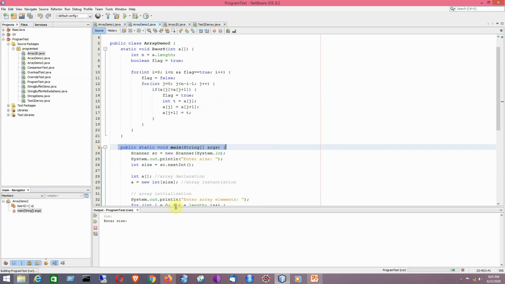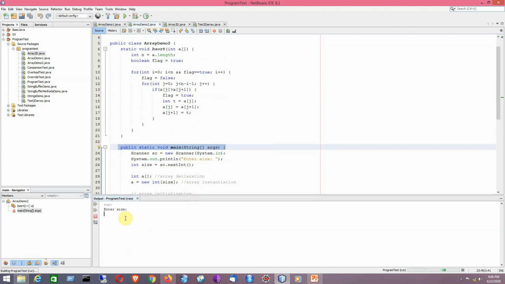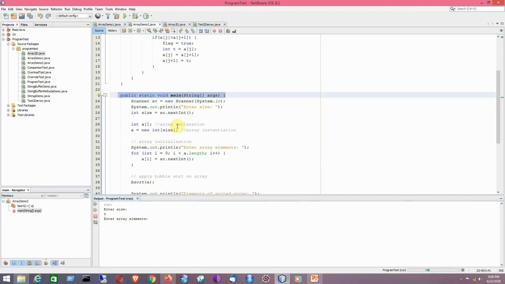Now I will be trying to demonstrate it. Say for example the size is 5. So that is the size of the array. Now I will be entering the inputs one by one. That is about this particular for loop. These two statements have already been executed. Say for example I am taking here 99 followed by 77, then 88, 55 and 66. So I have taken 5 elements.